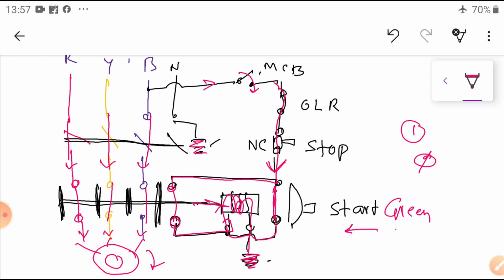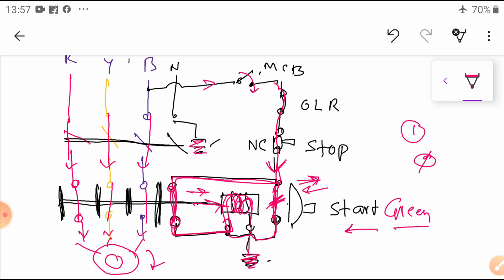So this green switch has a spring mechanism. Once you have pushed and released, it will try to move in this direction. During the pressing time, the current is flowing through this one, it will try to pull in this direction. Then these two contacts are closed. Then once it goes in this direction, the circuit is opened once again. If it opens during this, whatever current comes here flows through this one.